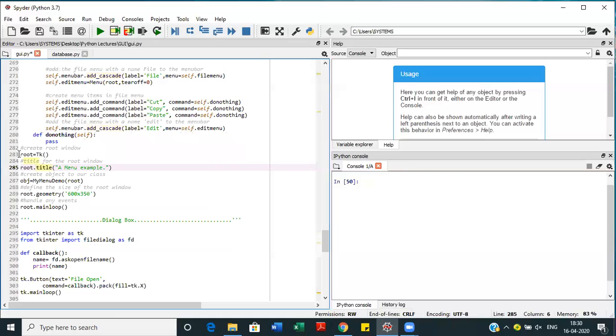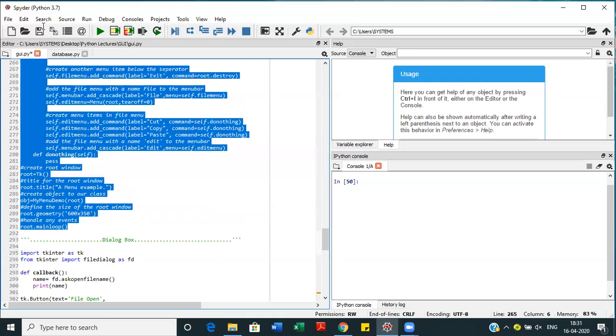After that, here we are creating the root window, and giving the title to that root window as Menu Example. And then here we are creating the object of our class, this class which we have defined, and giving the geometry to that particular root window, that it should be a window of size 600 cross 350. Then we are running it in the mainloop.